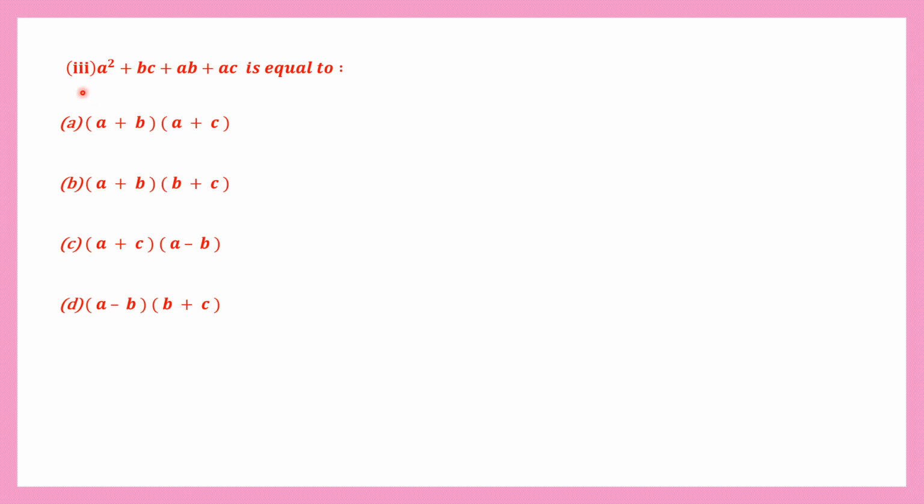Question 3. a square plus bc plus ab plus ac is equal to one of these. So let's first copy down the question. So a square plus bc plus ab plus ac. So what we're going to do is we're going to try and group them to make it a little convenient for us. So here I'm going to take a square and ab. Let's put them into one group. So that will be a square plus ab. Then I'm going to take the next group, which is bc and ac, because c is common there. So I'll put it as plus